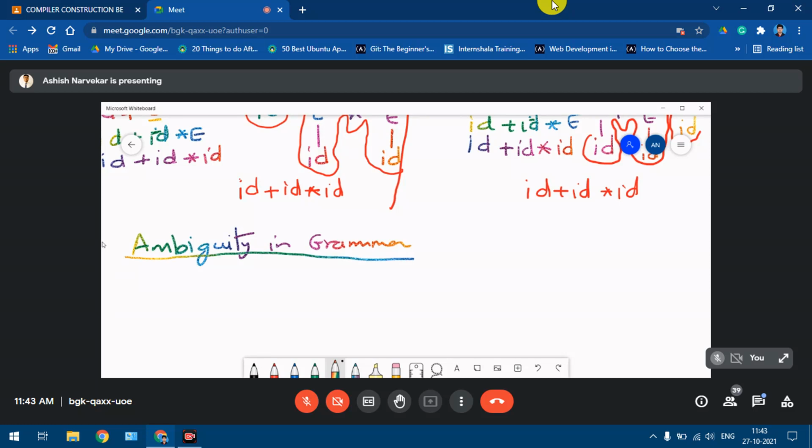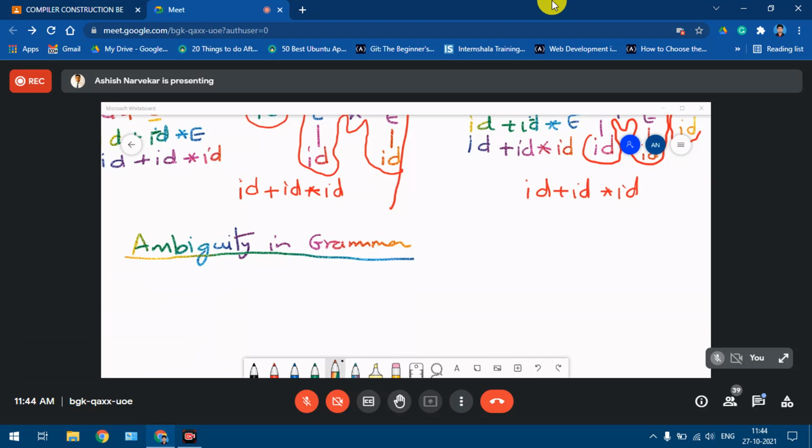So now this ambiguity in grammar means, the simplest definition is a grammar that produces more than one parse tree or more than one leftmost derivation or more than one rightmost derivation for a particular sentence is called ambiguous. Now when we say for a particular sentence, by sentence we are referring to the string for which we are drawing the parse tree, or generating that